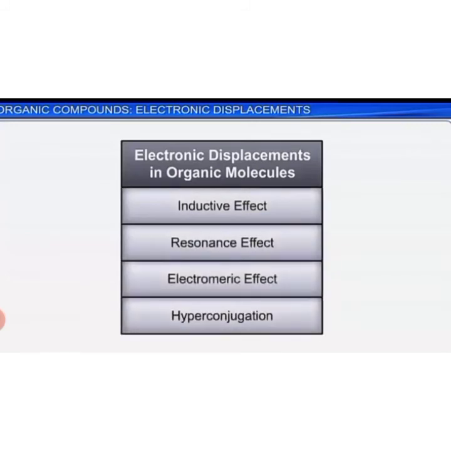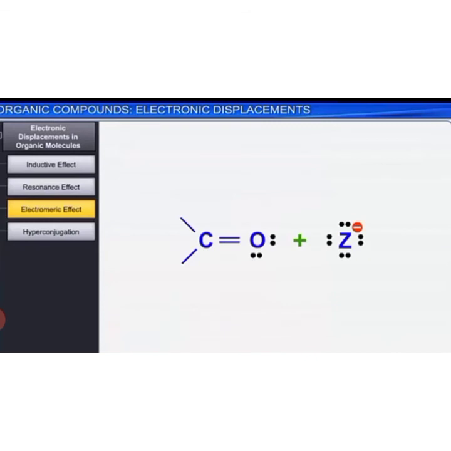Now, let us look at the electromagnetic effect. It is a temporary effect and observed only in organic compounds with multiple bonds in the presence of an attacking reagent. Electromagnetic effect may be defined as the complete transfer of the shared pair of pi electrons of multiple bonds to one of the atoms in the presence of an attacking